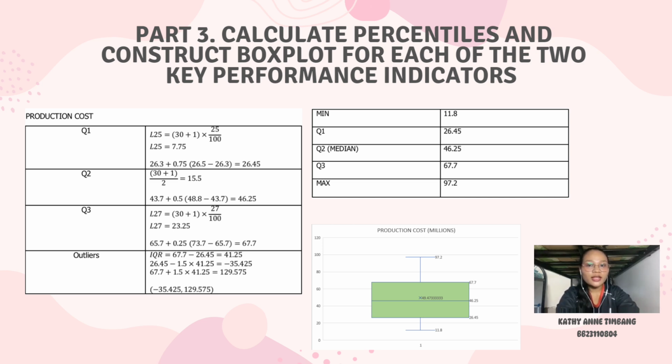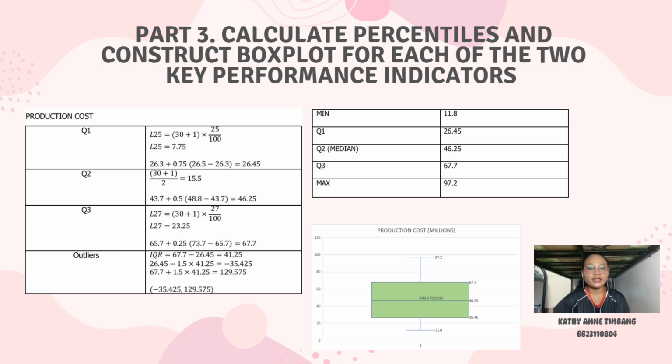For the first quartile, it has 26.45 million and for the median, or second quartile, it is 46.25 million, and for the third quartile it has 67.7 million. For the interquartile range, it has a value of 41.25 million, and the outlier values are outside negative